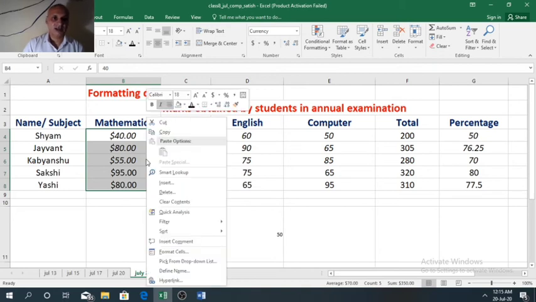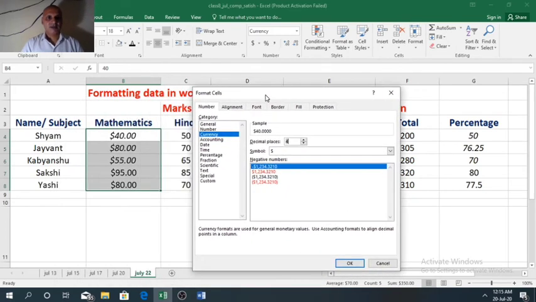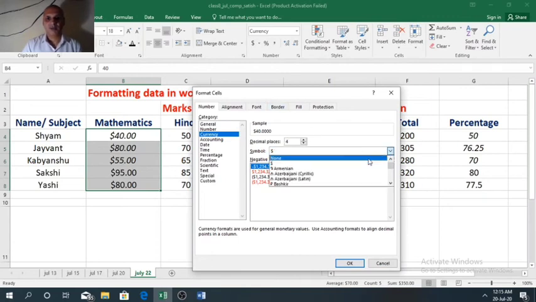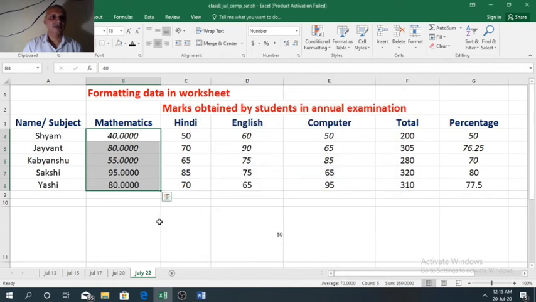Again select and right click, choose format cell. Number of decimal places you can increase also. I have selected 4 here. Now the symbol. Here dollar sign is applied. If you select none and 4 decimal places and select OK, now you can see dollar sign is removed.